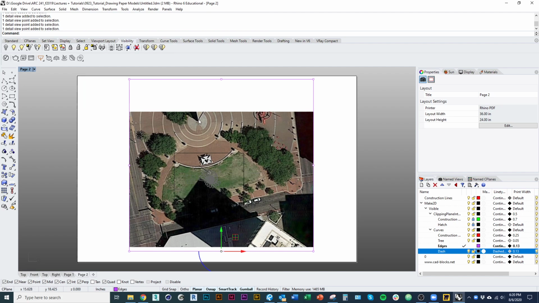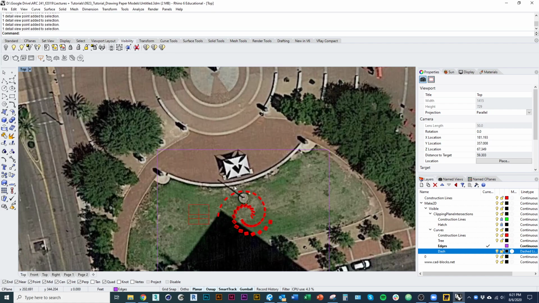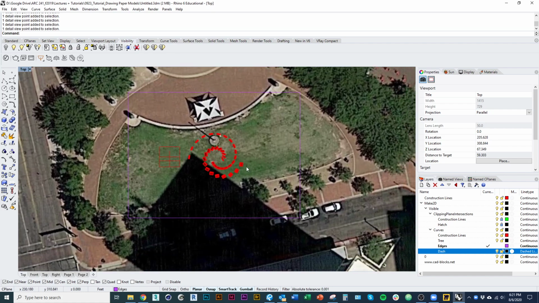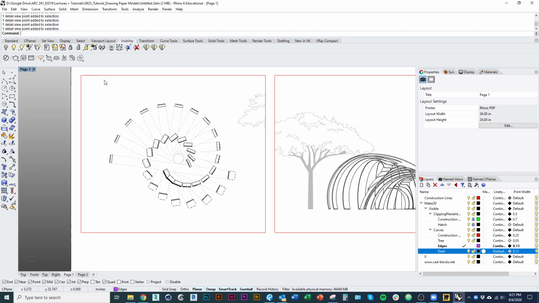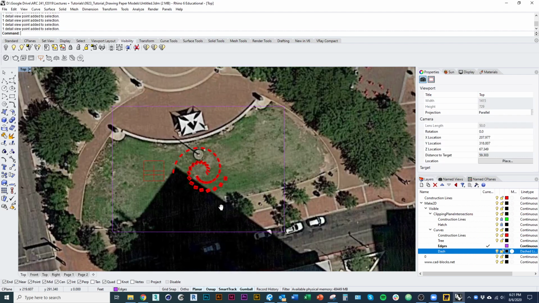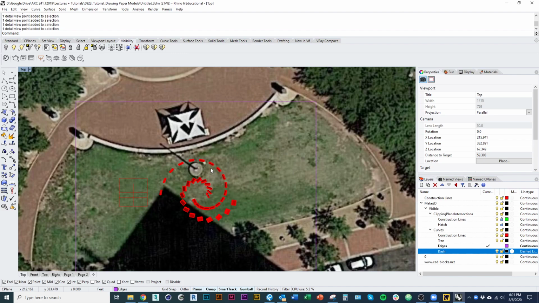In fact, I didn't really do this well. I would want to show the library, right? Because that's a really important component of this site in a site plan, right? But anyway, so you'd want to use that as a reference to figure out how much of your surroundings to show in the site plan. But what I'm going to do is just use this aerial image to draw some of the context in my cut through plan. So I drew this boundary, and I'll just double check that it's outside of where I see on my layout if it is, and then I'll show